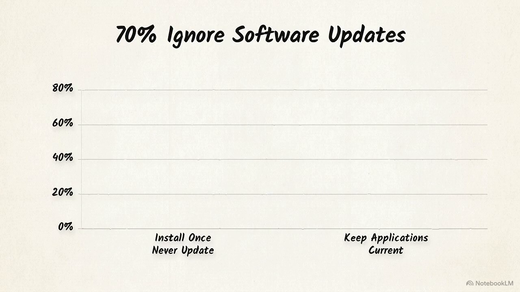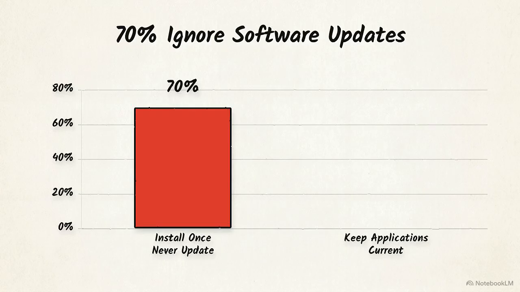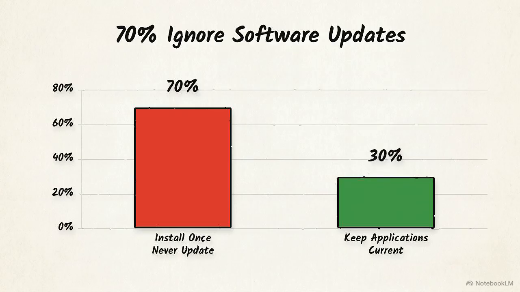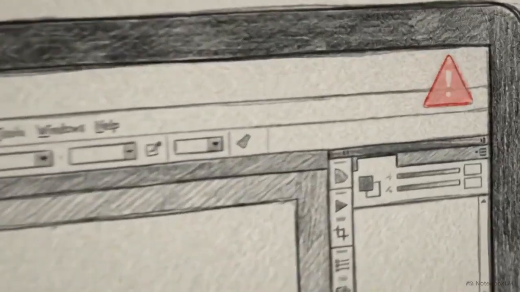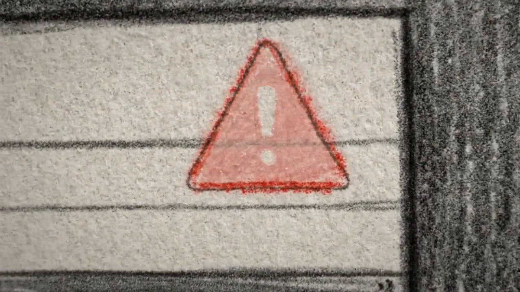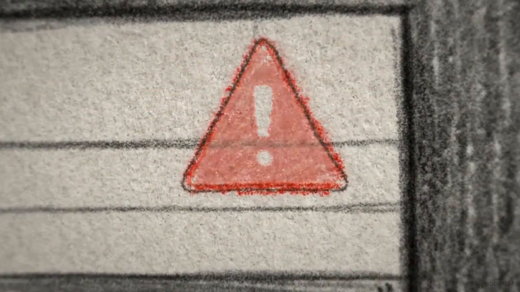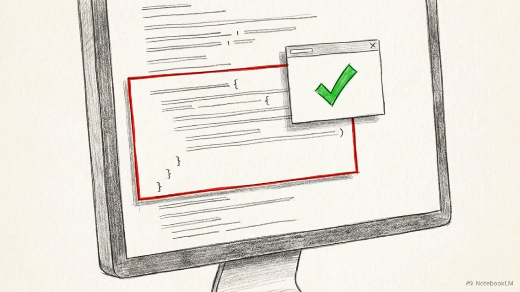This chart highlights a specific reality about Windows users. 70% of people install their software once and never apply a single update, leaving only 30% who actually keep their applications current. These outdated applications represent significant security gaps. While you may not notice it day to day, developers release these updates specifically to patch vulnerabilities that can be